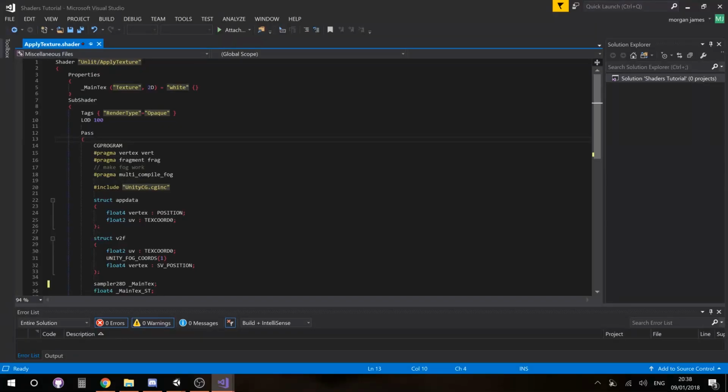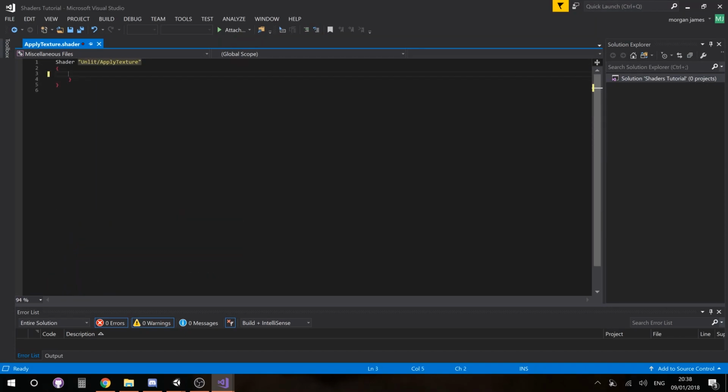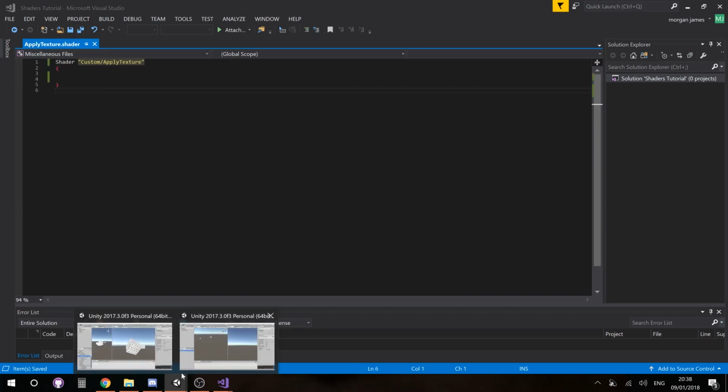Okay, now that we're in our shader, we can go ahead and delete everything because we're going to remake it ourselves. You can keep this line, because that's saying that the shader is a shader and it's going to be saved under Unlit Apply Texture. But we can actually change Unlit to Custom. Okay, so now if we save that and go back into our Unity project,